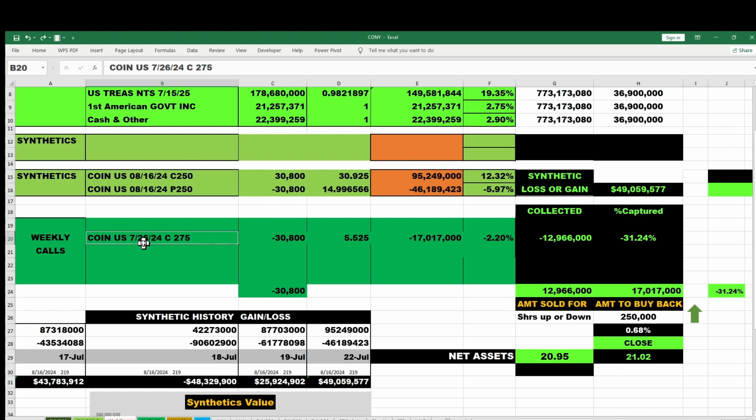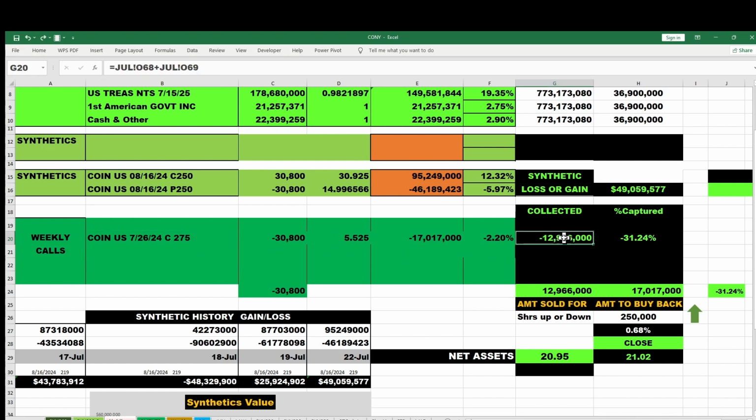What are these? These are weekly calls. What do they do? Well, they're kind of a short bet, right? We're selling those, and they're really naked calls. They call it a covered call strategy, but technically it's just selling a call where you don't own the underlying. So you hope that you wrote it high enough that you're not going to have to spend any money, right? Because if we go all the way to Friday and we're at 265, at 274.99 or 275, we can buy that back for a couple of pennies. It's not worth anything. So then we kept all of this money, right?